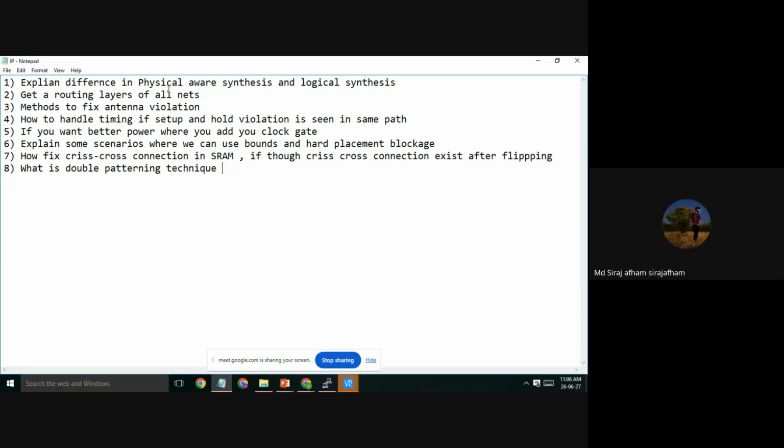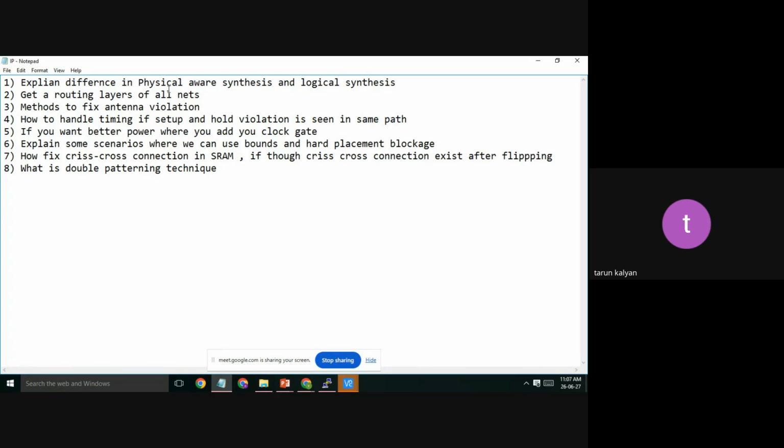We'll have all the QRC tech files where we have the RC values in the files. Then what happens in logical synthesis? Without using these tech files and lef files, we will implement that logic synthesis. How, sir, does the timing vary in both? In logical synthesis, we usually use a wire load model to estimate how much the RC delay might be there.